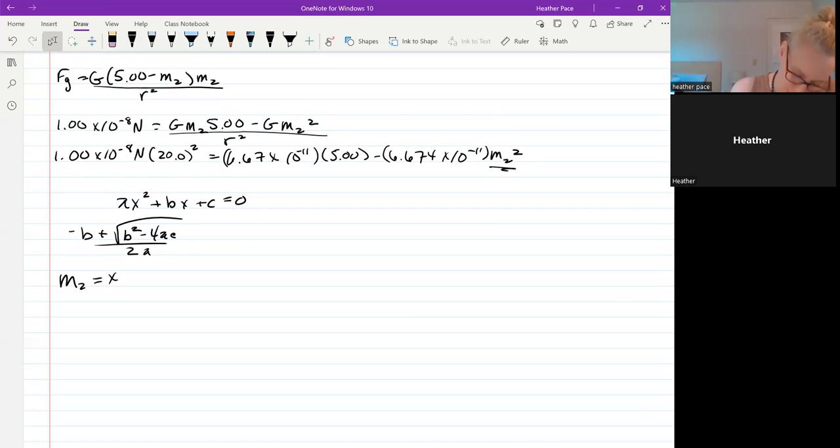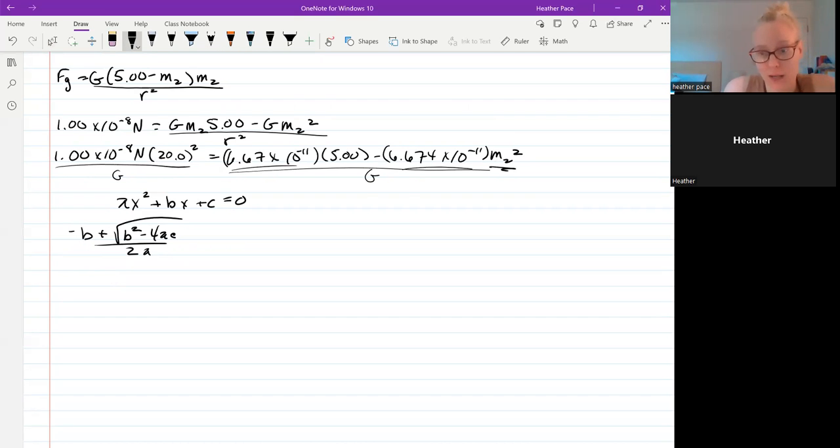It's easier just to get rid of this, and that's what I did in my original answer. So let's divide everything by G and then get G over here. That way we just have a negative 1 for M2, or if we rearrange everything, we can have just a 1, which makes our life easier. So let's divide everything by G, and then we'll shove this over there to get a positive. So then we have M2 squared